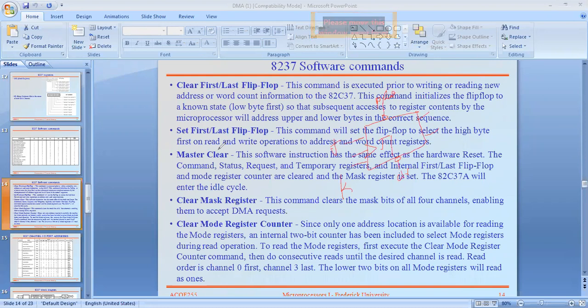The master clear software command is especially used to clear all the registers available in the 8237. All those registers are initialized with a normal value. For example, in some microprocessors the program counter is loaded with all zeros when we press the reset button, but some registers are loaded with some fixed value like 0xFFFFF.